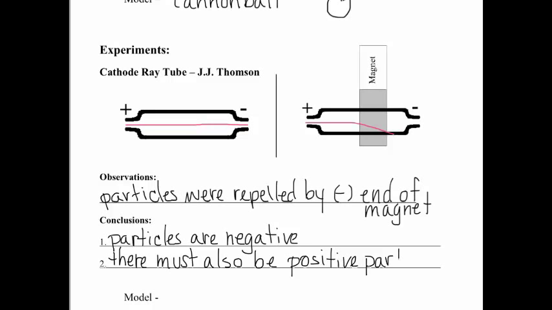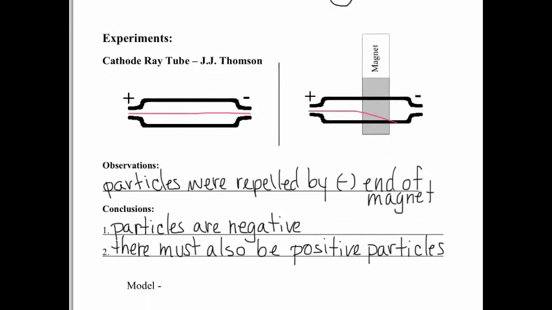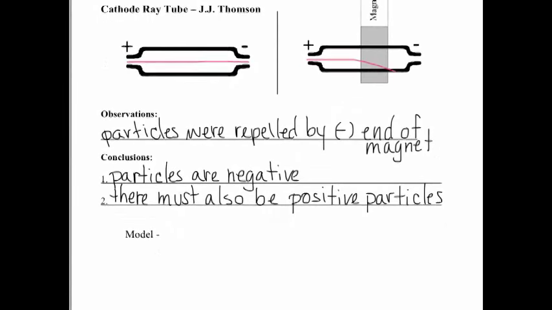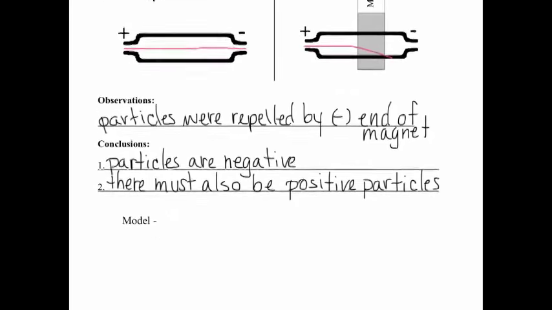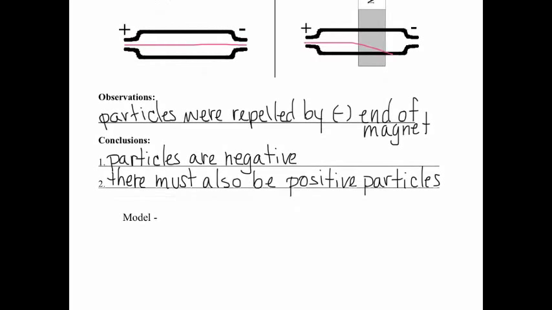I'm going to write particles. All right, so those are the major things you need to walk away with from the J.J. Thomson experiment. Now, what he concluded the model must look like, we actually call the plum pudding model,